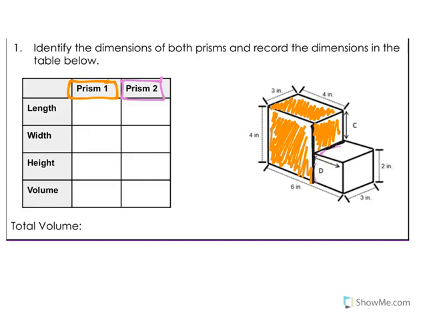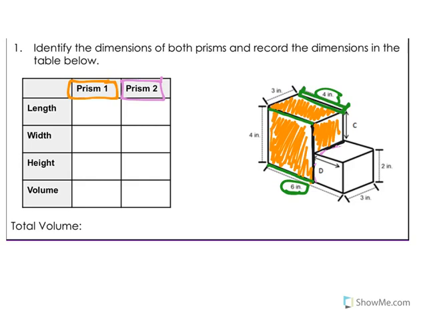Here we go. We're finding the lengths. I know length is from side to side. I can see a length back here labeled as 4 inches. Here's a length, and then here's a length, and then I see the number 6 inches. So it's either 4 inches or 6 inches. I need to make sure I'm picking the right one. The 4 inches is talking from this side to this side, which is all the length of just the orange